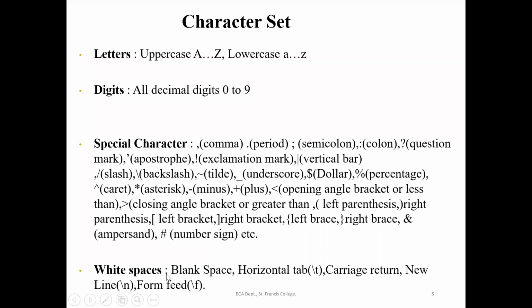Now, white spaces. You might have seen a space bar on your keyboard, right? When you click on space bar, you will get a blank space in the document wherever we are typing. Horizontal tab. Yesterday I think ma'am might have shown you. When you click on space bar, it will be a small space, but when you give a horizontal tab, it will give you one tab space, more than one space of what we get when we click on a blank space. Carriage return.